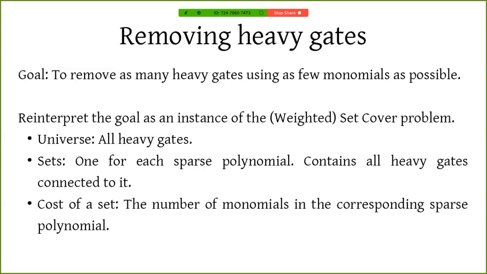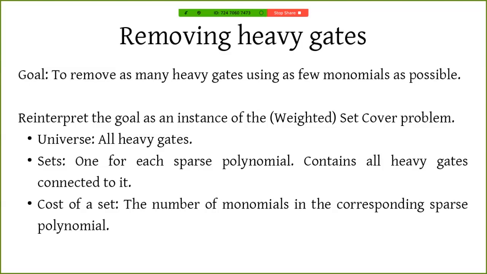The cost of such a set is equal to the number of monomials in the corresponding sparse polynomial. After this reinterpretation, our goal becomes the following. We want to cover the entire universe using the collection of subsets corresponding to sparse polynomials